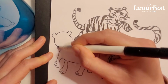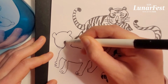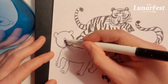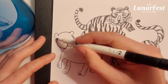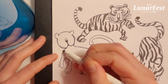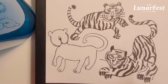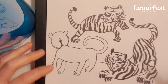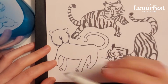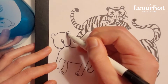We love some tiger ears. We love the tiger ears. So as you're following along with me, I hope you're realizing that in drawing, there really is no one way to do things. And I think each of these I've drawn a bit differently. Oh, just be careful. Some ink smudging. But all these different tigers, I've drawn them all a different way. So just have fun